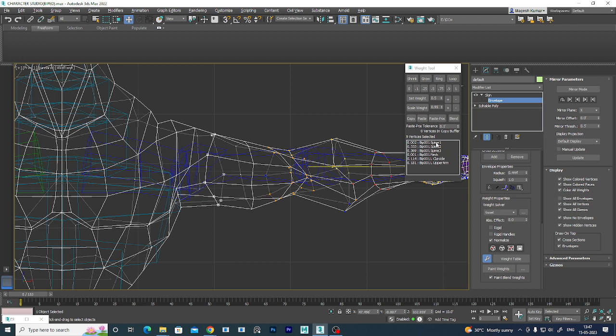This is being affected by so many bones out here. I want this to be affected by just this only. So this is upper arm, so I will make upper arm 1. Here, for the top few of these, it should be affected by this joint and this joint, upper arm and this. So clavicle and upper arm. So upper arm will be